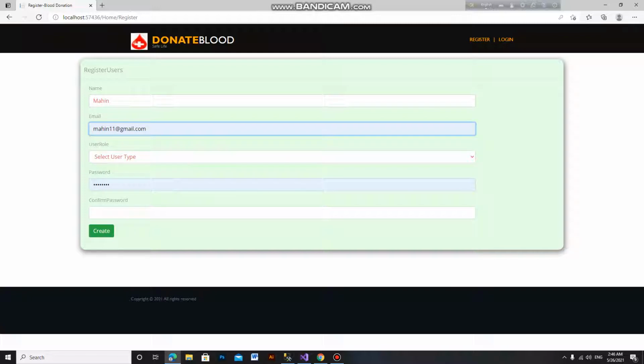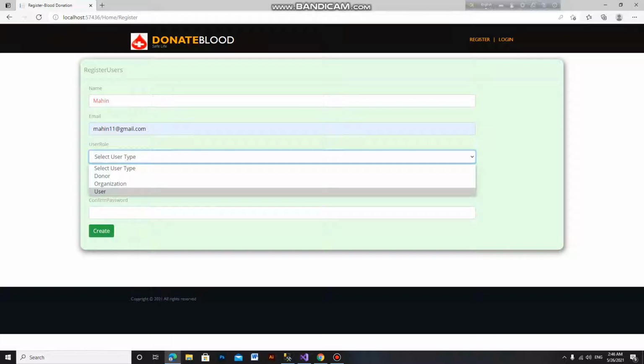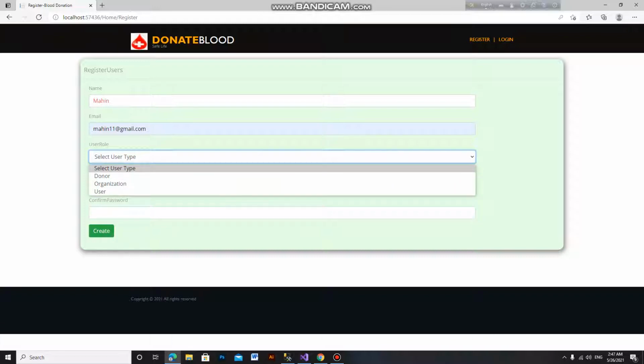This is the email, and select user type. If people want to find blood and donors, then he selects user, or if he donates blood, then he selects donor.